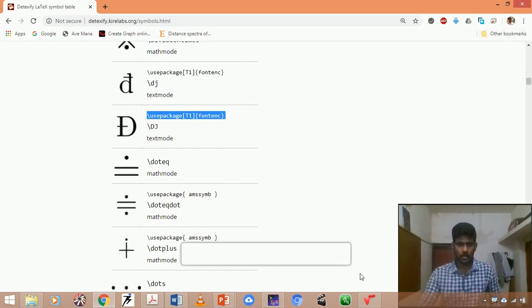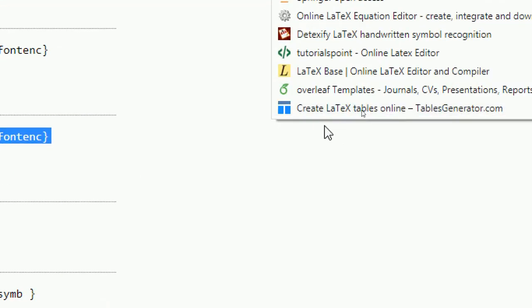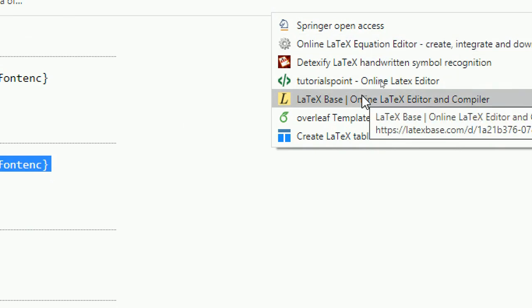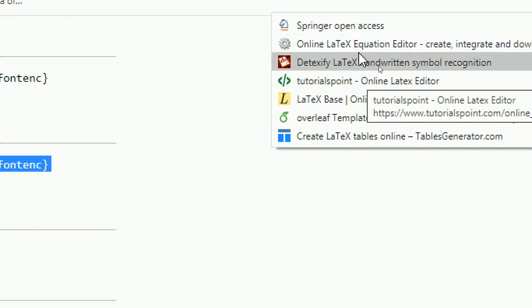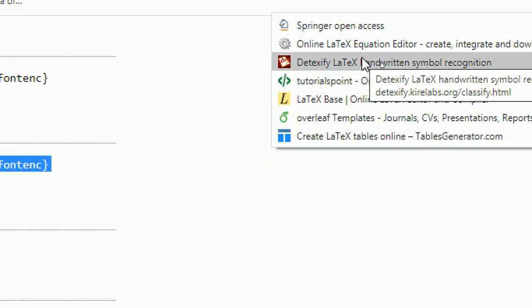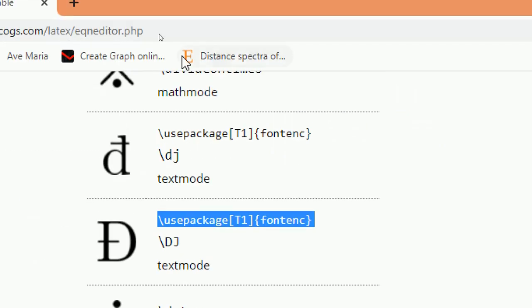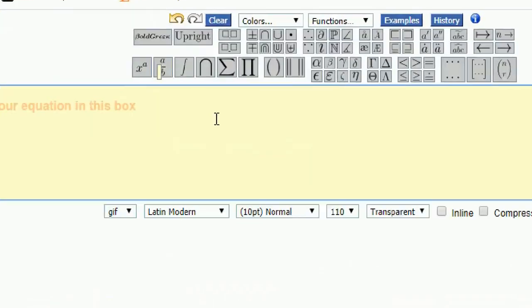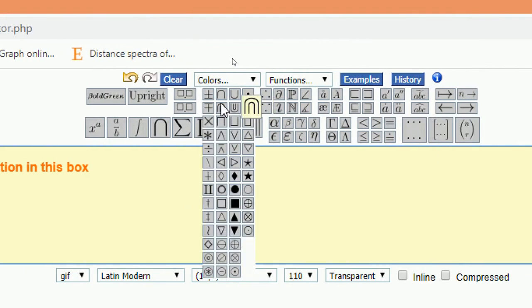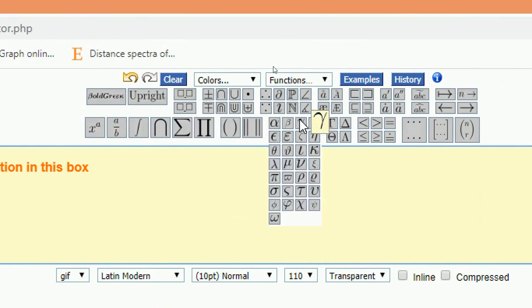I need to show you one more thing, that is CodeCogs. That is also one more way to insert LaTeX symbols. If you get into this website, the appearance will be like this. Here you can find the list of symbols and notations, whatever you are familiar with and have practiced already in MathType and equation mode.